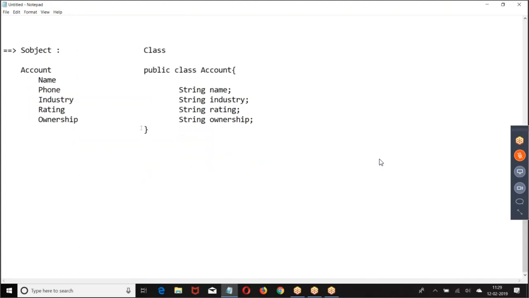Okay. Now, if I want to use it, how do I use it? Account ACC equal to new. Now we are creating an object for the class, which means trying to create a record in the table. Did you get my point? Table is referred with the class. Record will be referred with the object. Table is referred as class. Record is referred as object. Now, is that clear?